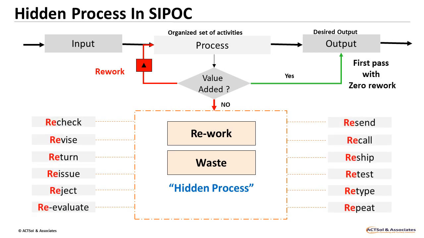Any process step described and starting with "re" is potentially a non-value added step, and any reprocess can be termed as the biggest evil. This means the activity is not being done right the first time and every time, and is a potential source of cost of poor quality. Remember that the primary goal of Six Sigma or any process improvement initiative is to destroy the hidden factory by removing the non-value added activities.